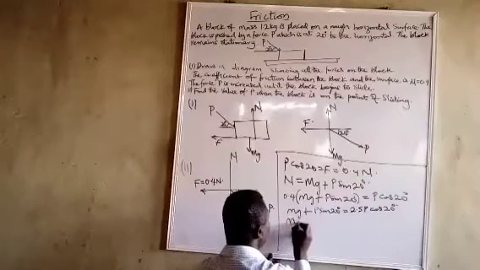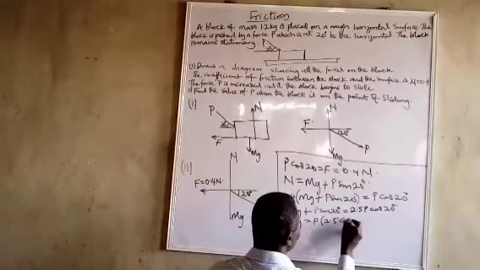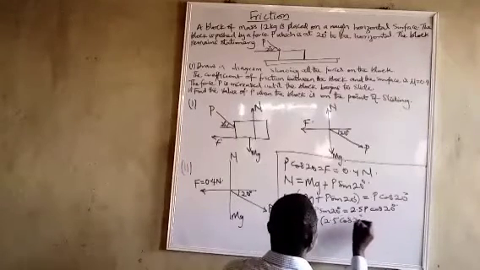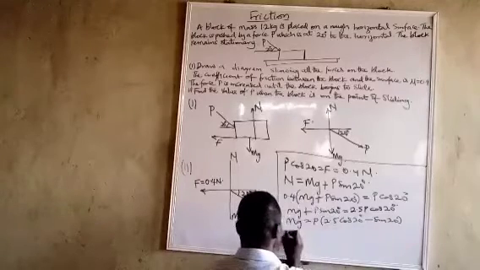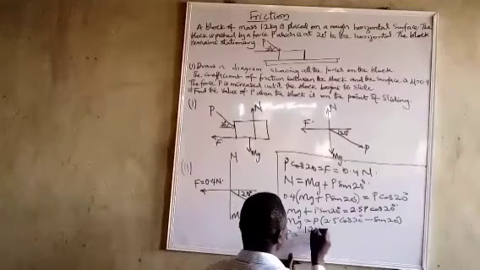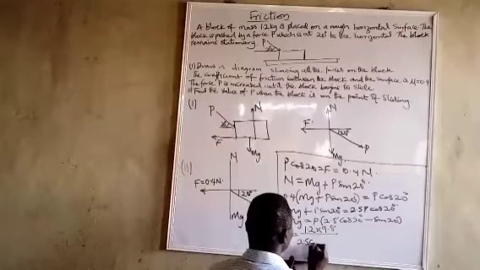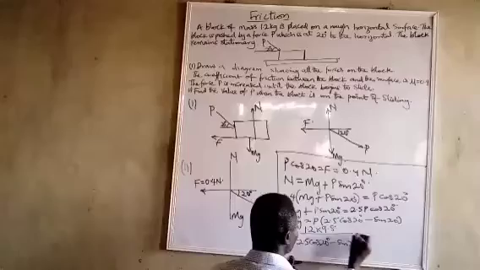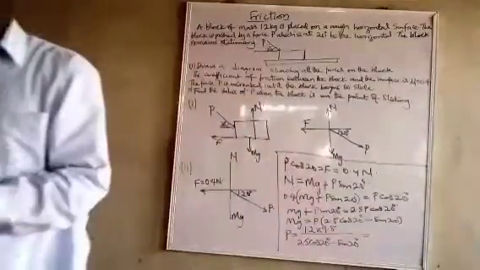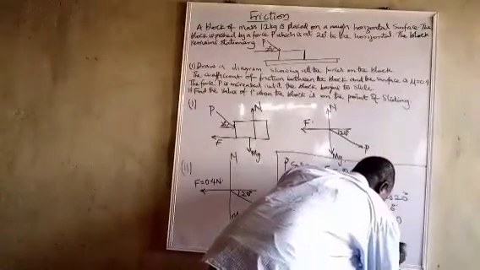So mg equals P times (2.5 cos 20 minus sine 20 degrees). So P will be 1.2 times 9.8 over (2.5 cos 20 degrees minus sine 20 degrees). So let's find that. That gives me 5.86